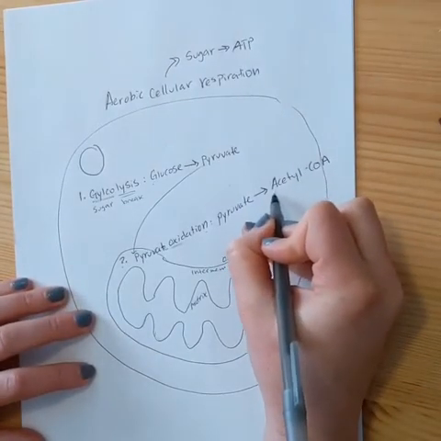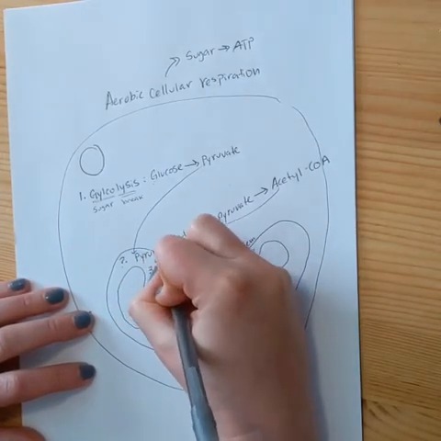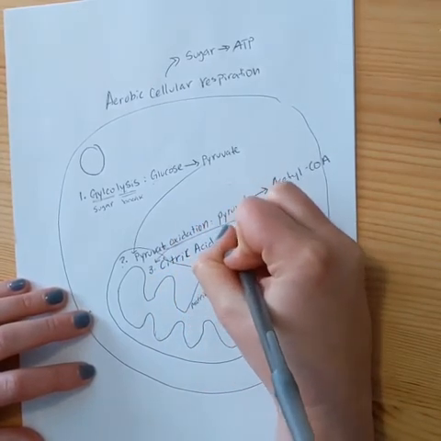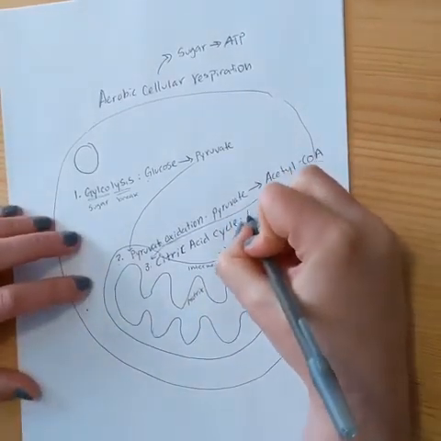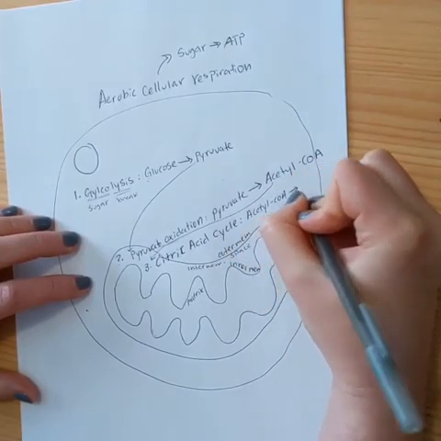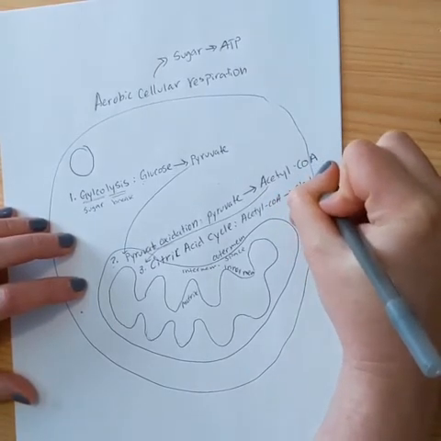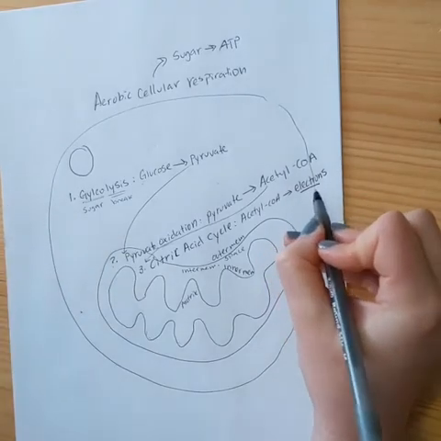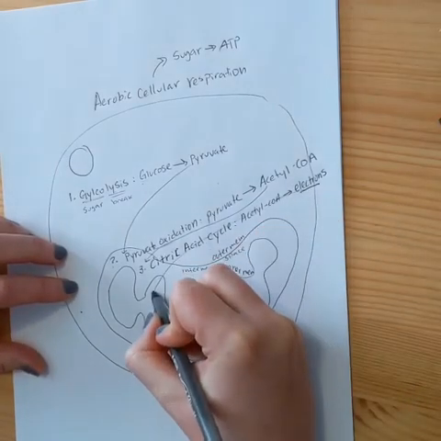Acetyl-CoA is going to be used in the 3rd step. The 3rd step is called the citric acid cycle. In the citric acid cycle, you're going to take your acetyl-CoA and you're going to turn it into a bunch of electrons, which is amazing, right? Those electrons have a negative charge. You remember that from the beginning of class. You're going to use those in the last step, the 4th step,